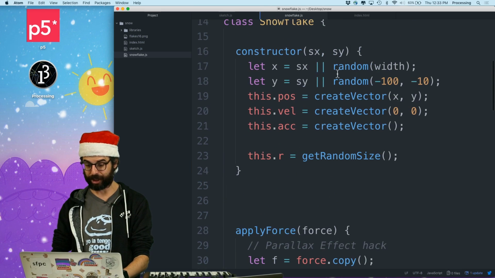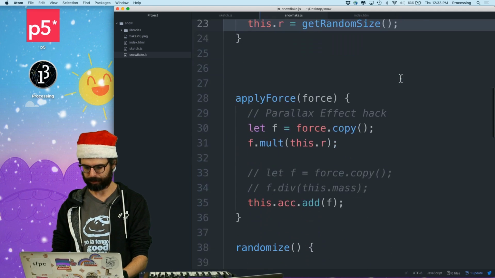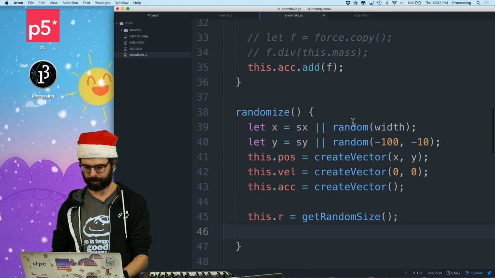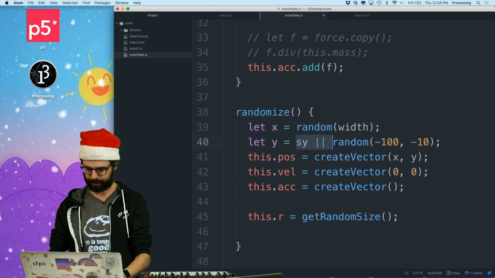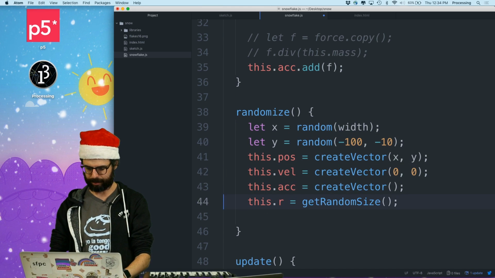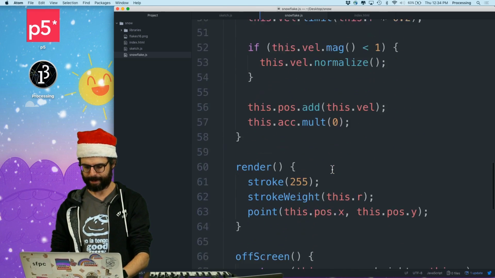And what that function is going to do is actually all of this stuff. And so when